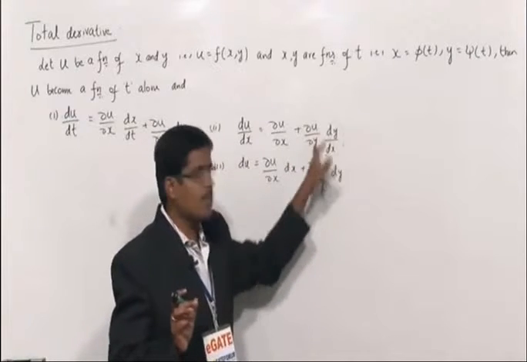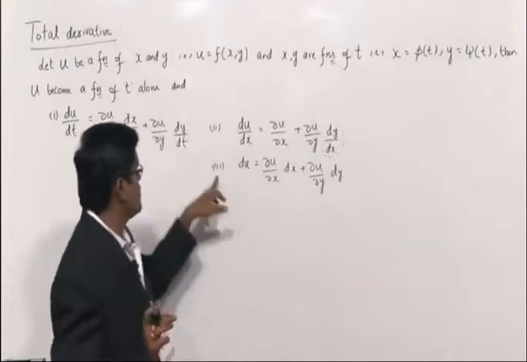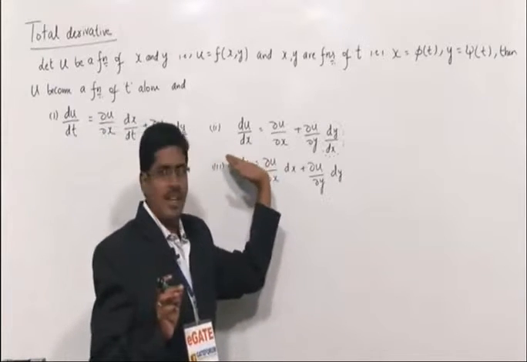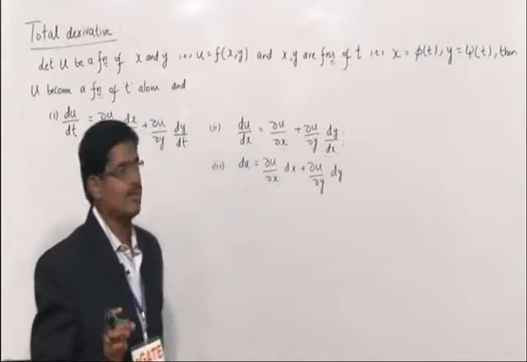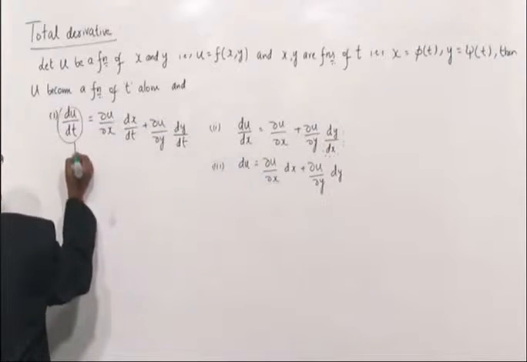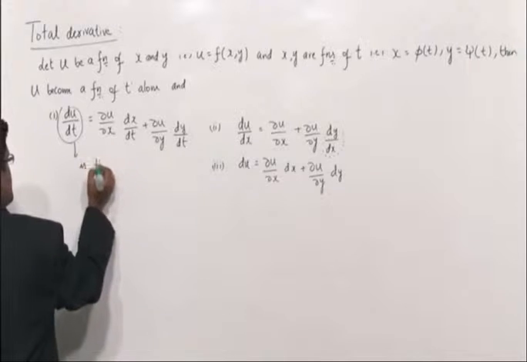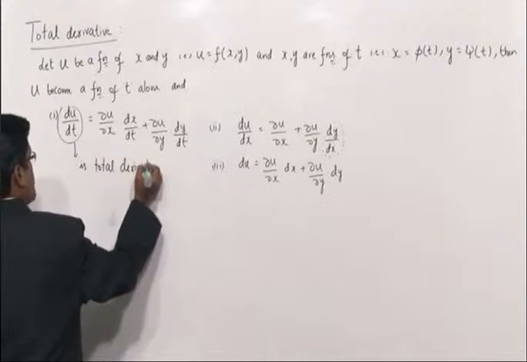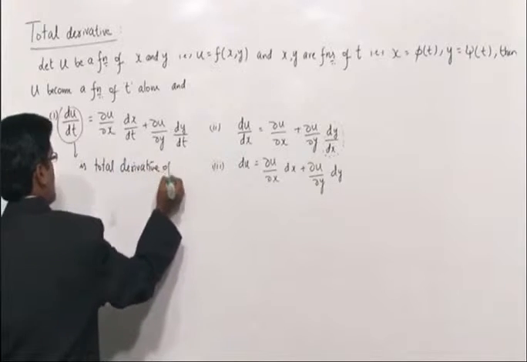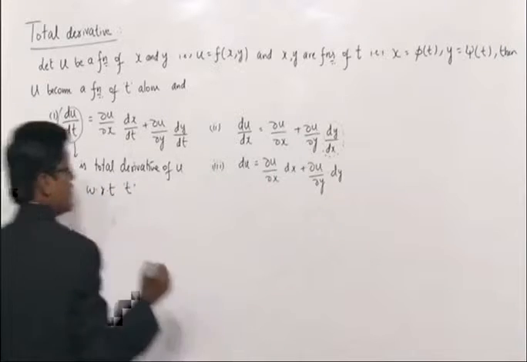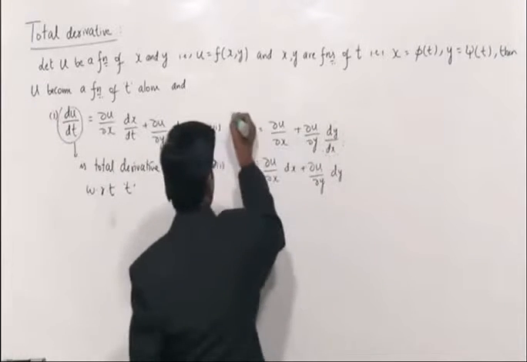I will give you the formula for finding dy by dx. Then the third result is obtained from the second result, just by sending that dx from the left side to the right side. So this is called the total derivative of u with respect to t, that means all derivatives come here, and this